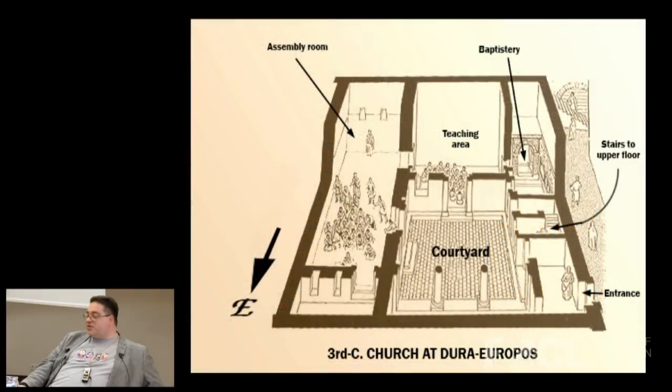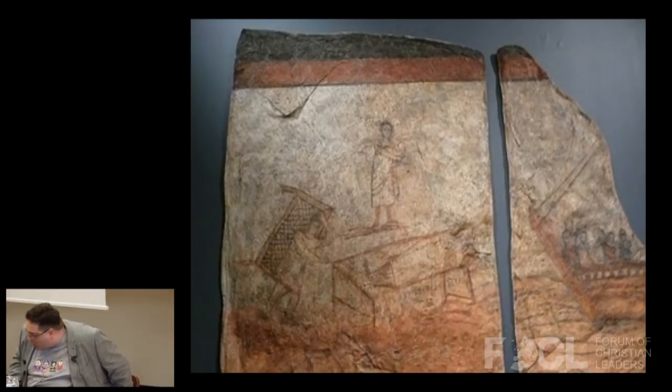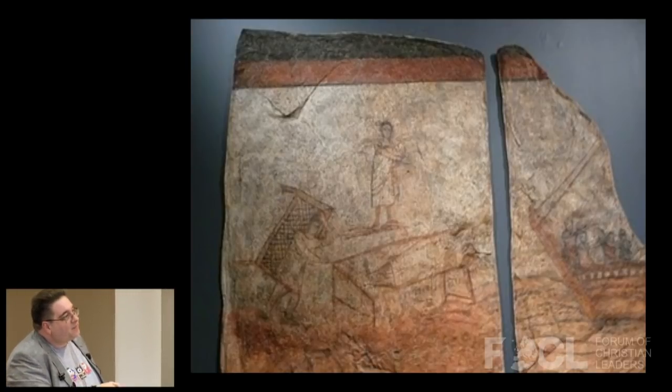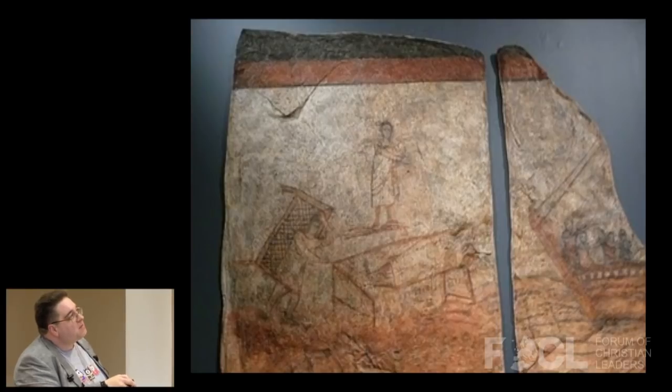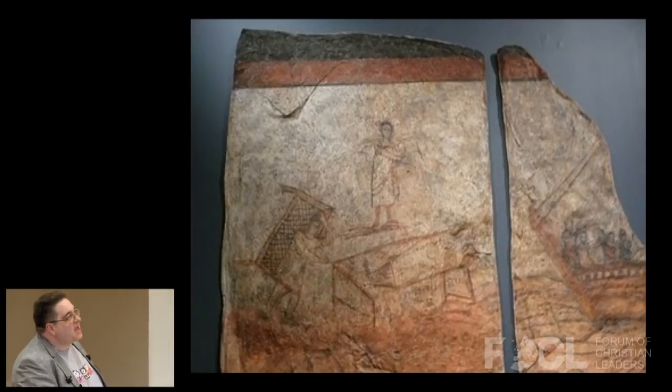So let me introduce you to the 3rd century house church at Dura Europos in modern-day Syria. Let me show you a fresco painting from the wall of the baptistry of this lovely house church. Can you make out what's going on here? We have a man lying on a bed, and standing above him in a toga with his arm outstretched over him is this nice clean-shaven young man. And then on the left, we have a man carrying his bed.